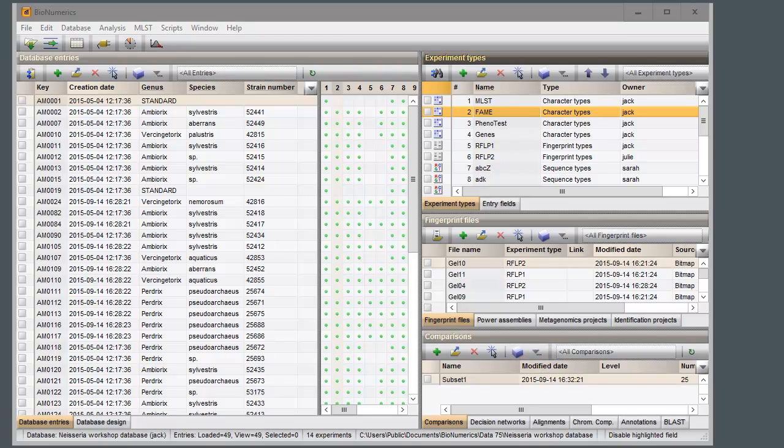4 predefined views are available in each grid panel, and I can very easily switch to another view by clicking on the View button in the button bar.